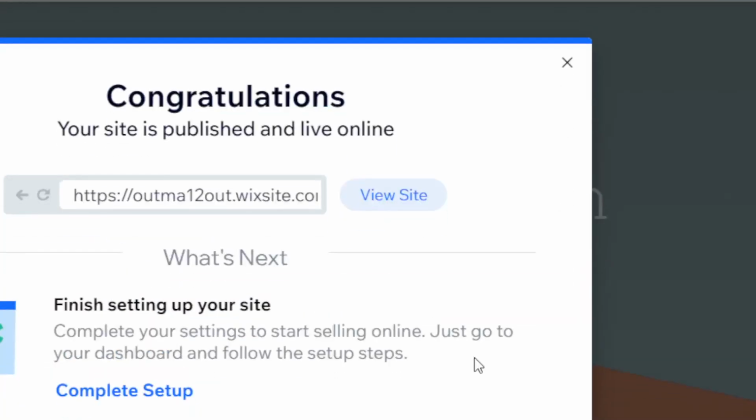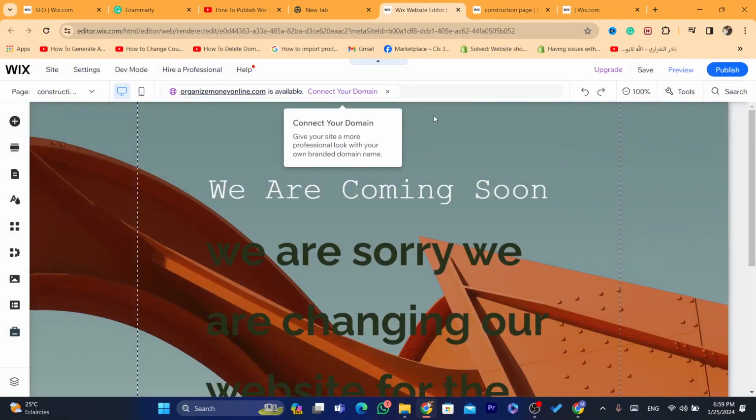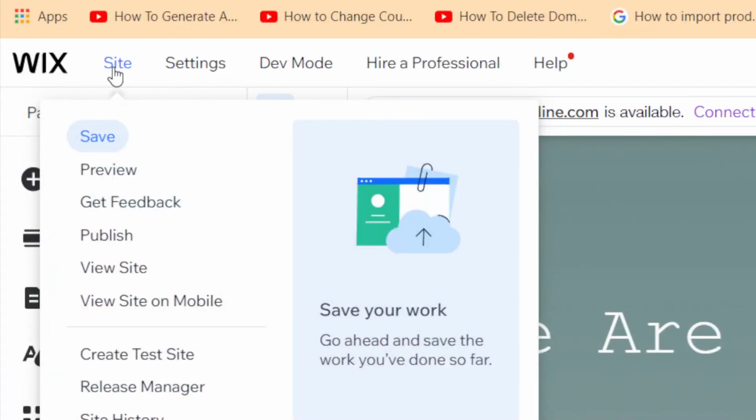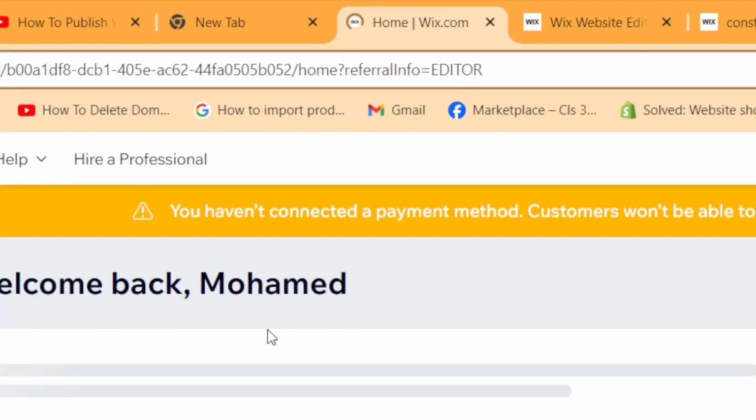They can make purchases and stuff like that. But what if you want your site to appear on Google? You want to get found on Google. You want people to find you on Google. It's very easy. Just click on Site in the top right, click again on Site, click on Wix. I'll just go to the dashboard, to the previous, as you can see here, the dashboard,